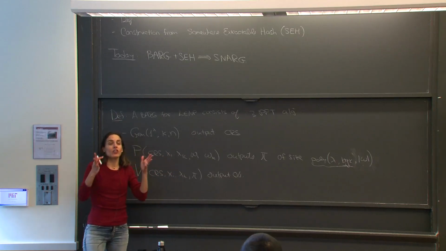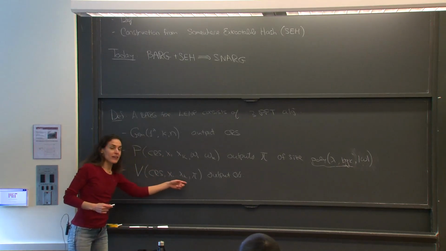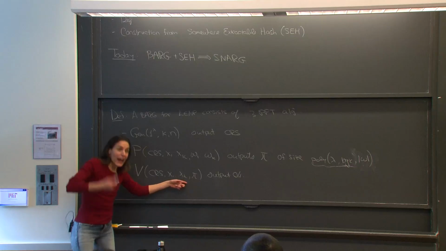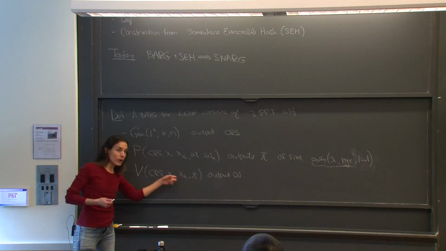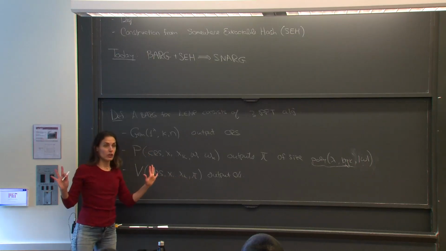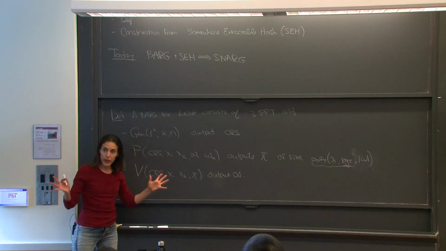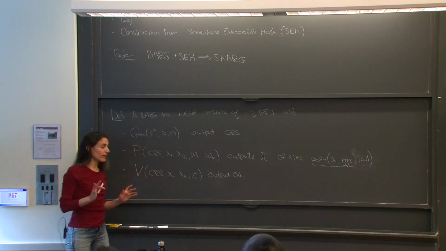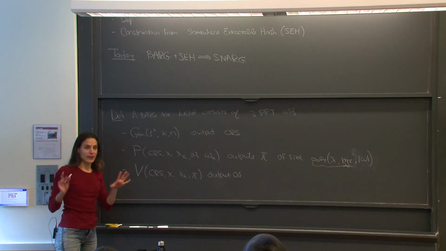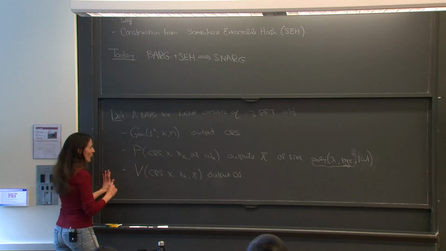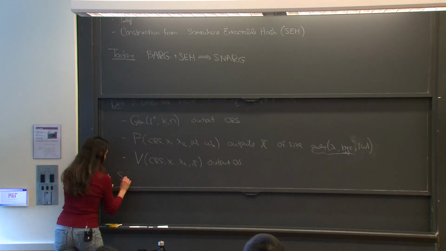To say, even if a cheating prover chooses this x1 up to xk adaptively after seeing the CRS, if one of them is false, he cannot generate a proof. That's what we would like to say. What we can say is what's called semi-adaptive, something in between. Okay, so let me just write it here. So semi-adaptive soundness